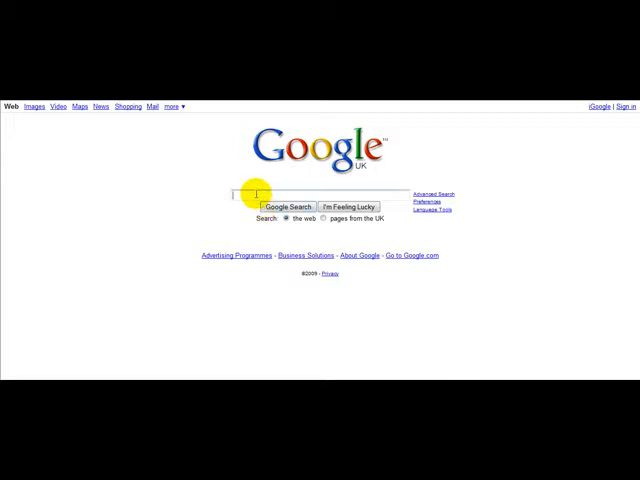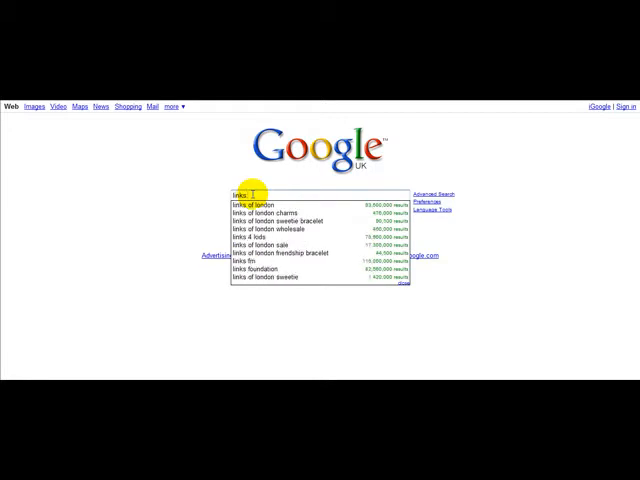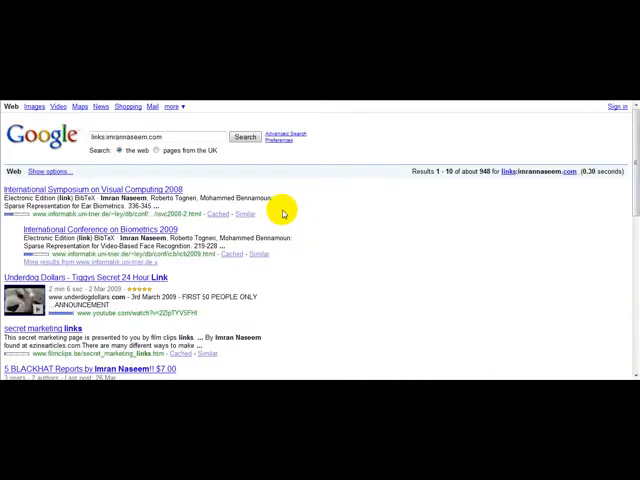Now, I am on Google right now, and as you can see, I'm on the home page, and what I'm going to do is I'm going to check how many backlinks I've got for my blog. So I'm going to type in the word links, and I'm going to type in a colon, and then I'm going to type in my website, imranasim.com. This is a blog. Okay, as you can see, according to Google, I've got just over 948 backlinks for my